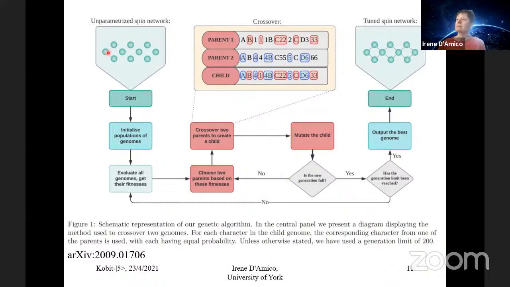So we start from a spin network with a certain connectivity, but that is unparameterized. So for example, we could set all the links equal to 1 for the sake of it. And we also start, it's not mentioned here in the schematic, with a certain request. So we request also that the network at the end will perform a certain task. Then we populate